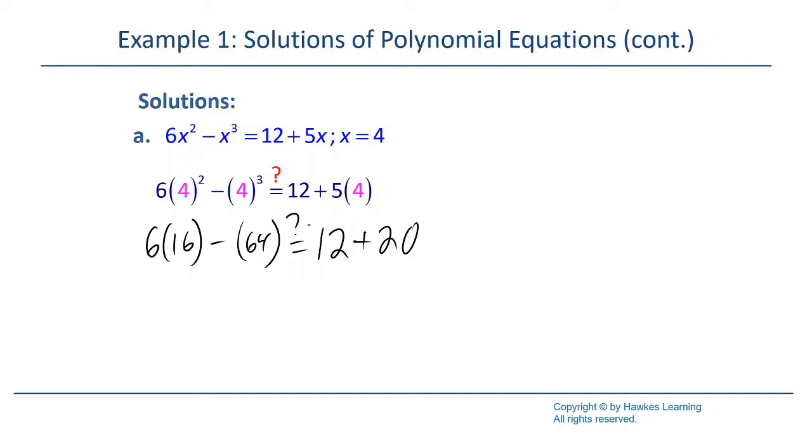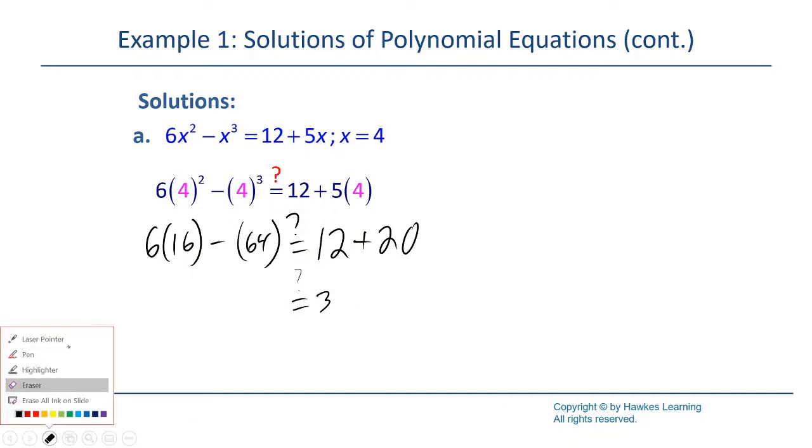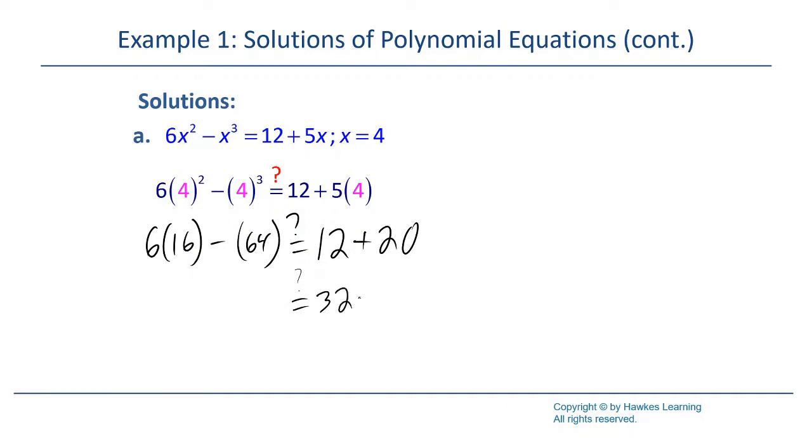Again, I'm going to keep the question mark there because I'm still testing to see if this is true. So the right side is going to be 30, no, not 32, or not 36, 32. And then 6 times 16 is going to be 96, because